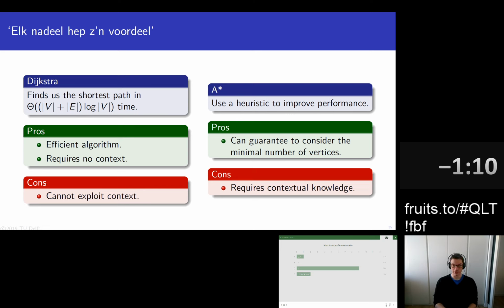Now, I happen to like video games as well, and some of you might know the video game Factorio. It's a game in which you build a large factory. And in this factory, you can also have trains bringing resources from one place to another. Recently, the developers wrote a whole article about how they'd optimized the pathfinding of these trains, and they concluded by saying, well, what we did is we went from Dijkstra to A star. We added a heuristic, which we can do because we know what our map looks like, how our physics work. And so we added A star with a heuristic, and our algorithm became twice as fast.